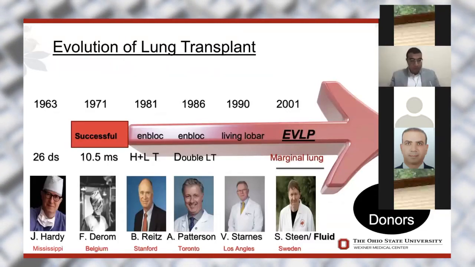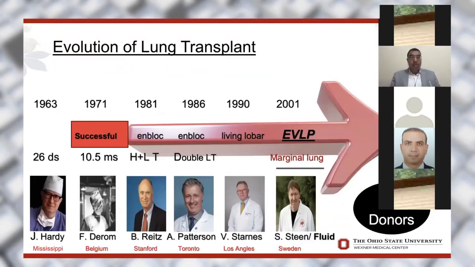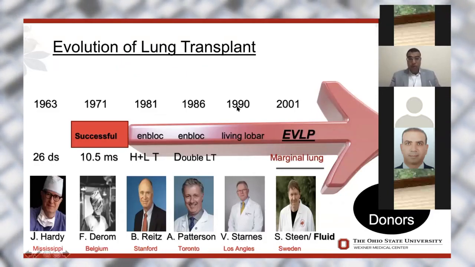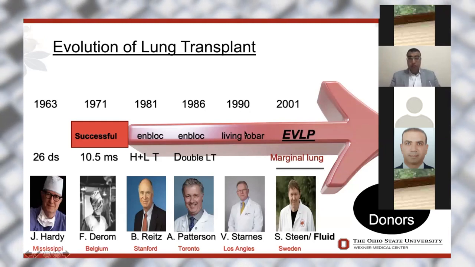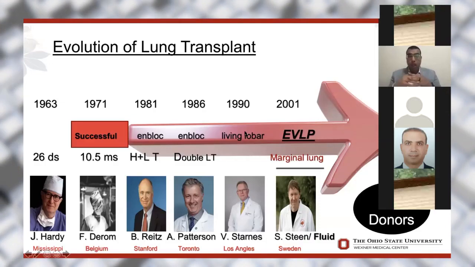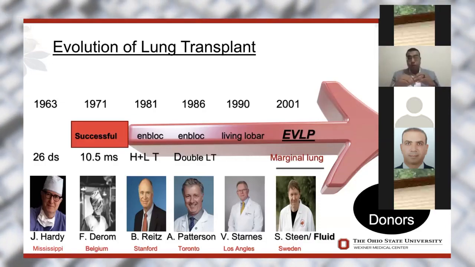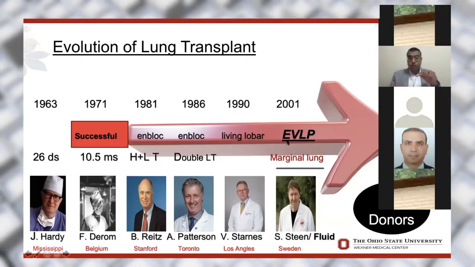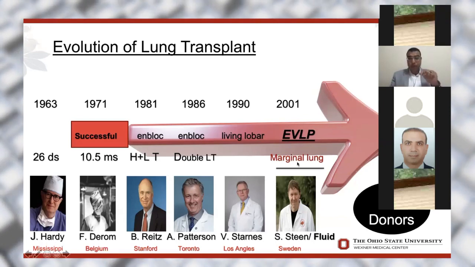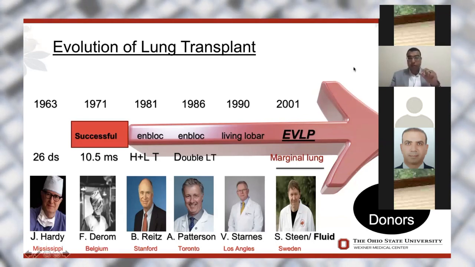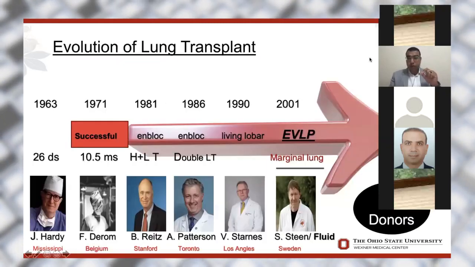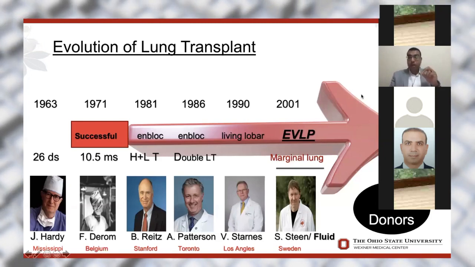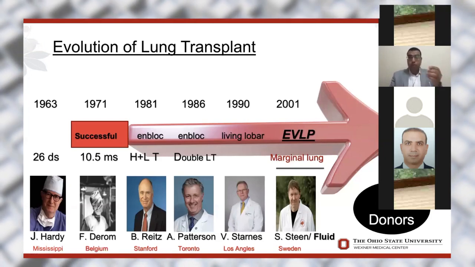About lung transplant, this is the story of the lung transplant, which started in the middle of the last century. In 1990, they started the living lobar donation. This is a very important date for us in Egypt, because I hope we will start our program for lung transplant in 2021 by donation of the living lobe. Two of the most important steps in the story of lung transplant are ex vivo lung perfusion and donation after cardiac death. These two steps expand the donor lung pool, so more and more lungs are available.